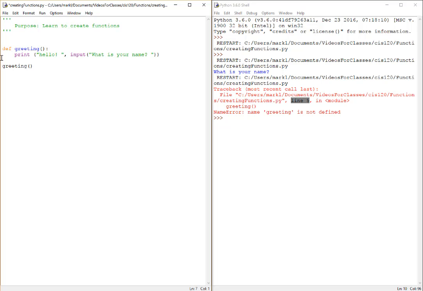This line is skipped because it's not being called yet. We go down to greeting. Greeting says, the compiler says, oh, I've got to go run that function called greeting. It finds the function, executes whatever lines are in that function, and then returns back to wherever it got called, which was here. And so whatever then is on the next line,